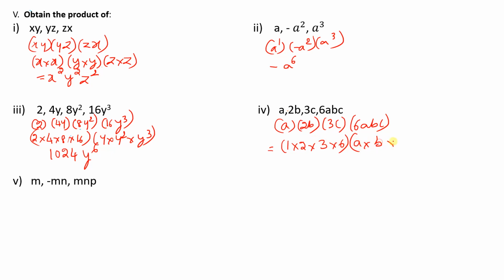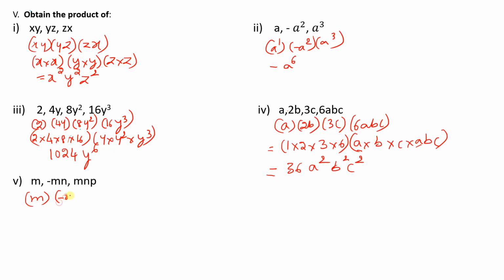Then a into b into c into abc. This is product only. So it is 2, 2 is a 6, 6 sixes are 36. A into a is a square, b into b is b square, c into c is c square. Okay. Next,